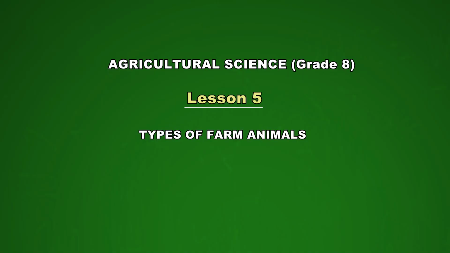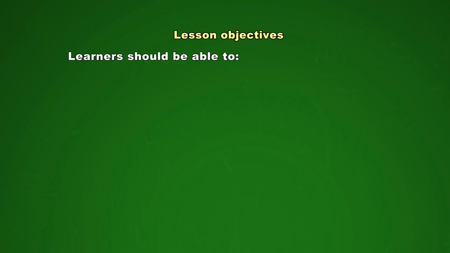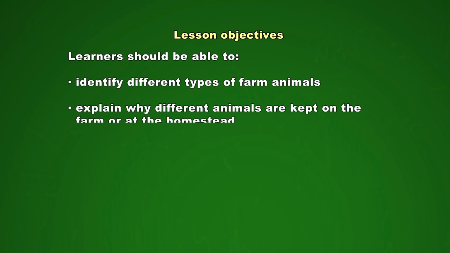Hello there, and welcome to our fifth program for our Grade 8 Agricultural Science. Today we will learn about the various types of farm animals. At the end of this program, you should be able to identify different types of farm animals, explain why different animals are kept on the farm or at the homestead,